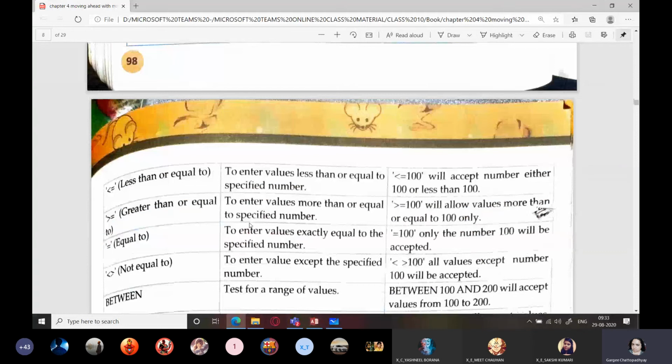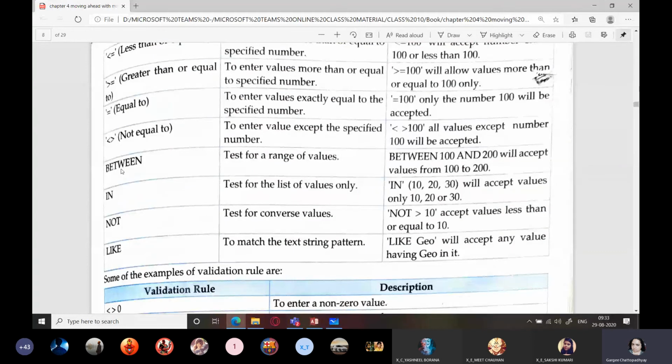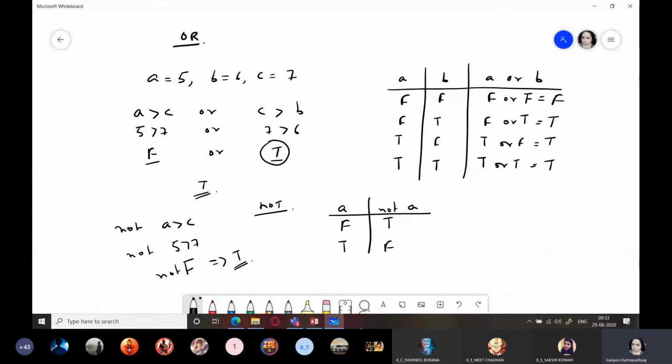So we have these operators over here. Then you have some operators like the between operator. Please look at it very carefully.